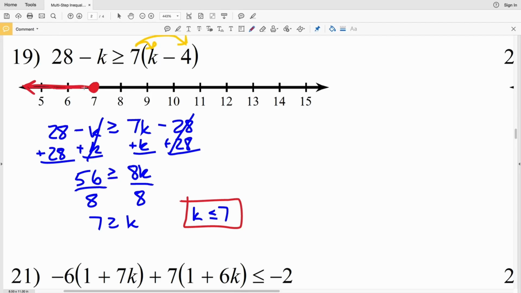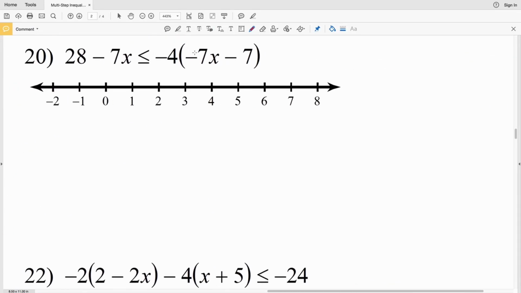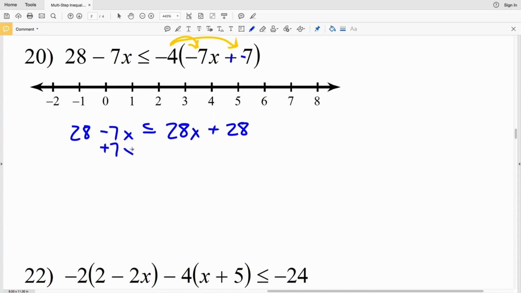For number 20, we have 28 minus 7x is less than or equal to negative 4 minus 7x minus 7. Let's go ahead and distribute this negative 4. So I'm not doing anything to the left, so I'll rewrite the left-hand side. 28 minus 7x is less than or equal to negative 4 times negative 7 is a positive 28x. Negative 4 times a negative 7 again, if this was adding a negative, is going to be plus a positive 28. I'll add 7x to both sides